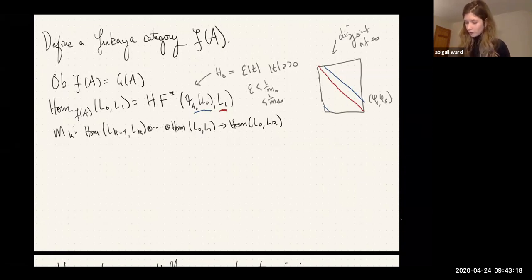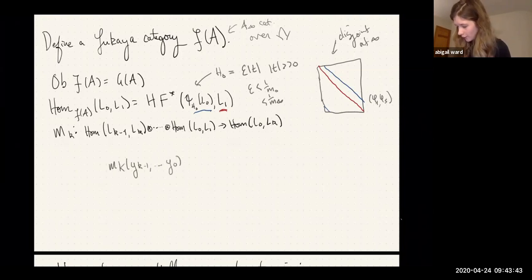And then your structure products m_k. So I should say, this is some A-infinity category over the Novikov ring Lambda. And then m_k does the standard thing: m_k of y_{k-1}, ..., y_0 is going to count disks with the correct boundary conditions. So it's going to count the number of points in some moduli space,